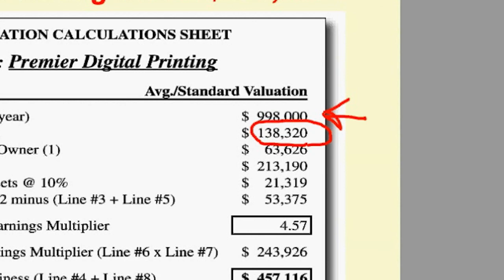$138,320. We calculated a fair market salary for that company based on the $998,000, and we used our formula, $14,000 plus 4% of sales times 1.18, and we determined that the fair market salary for this owner would be $63,629. Now, in the next stage, as we move on, we need to know, remember, we need to